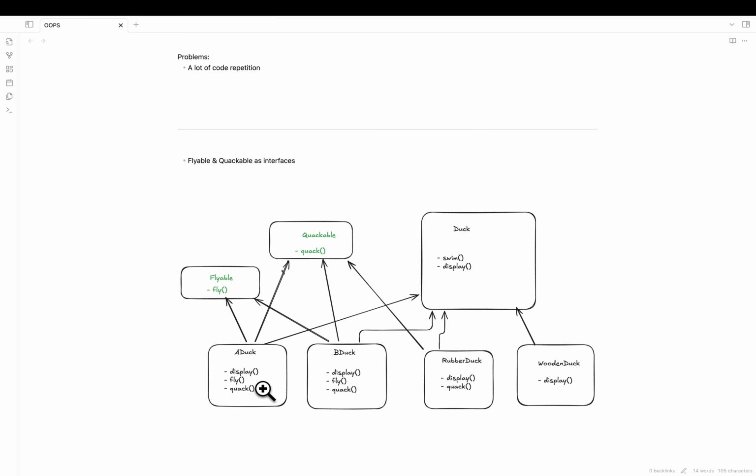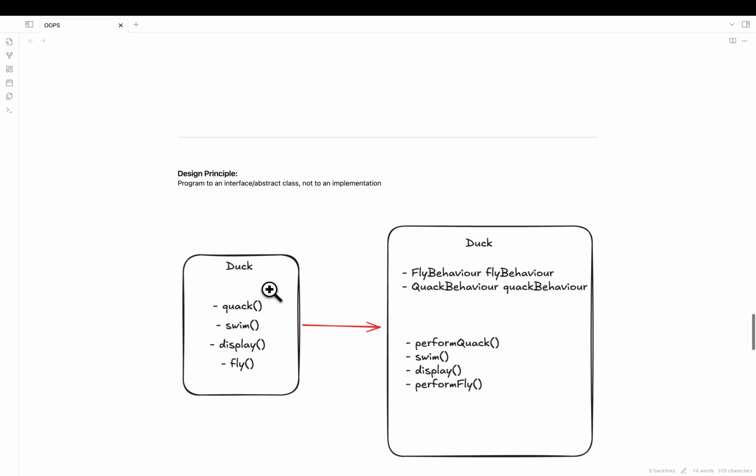So when we program to an interface or abstract class, it means that earlier we had duck with quack, swim, display, fly. Display every class has to implement anyway, and swim is common across all. So we convert quack to a perform quack method and fly to a perform fly method, and these will hold runtime objects of the interface.